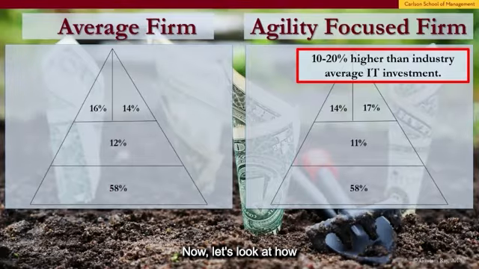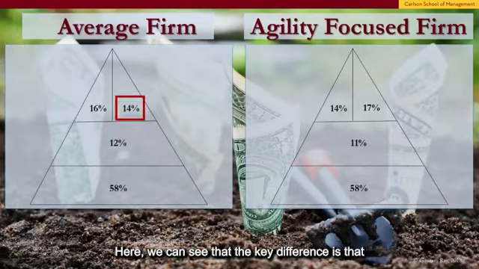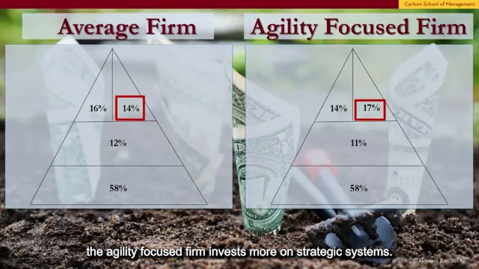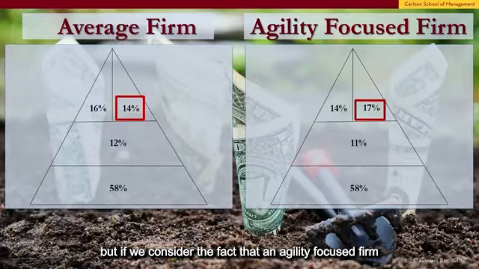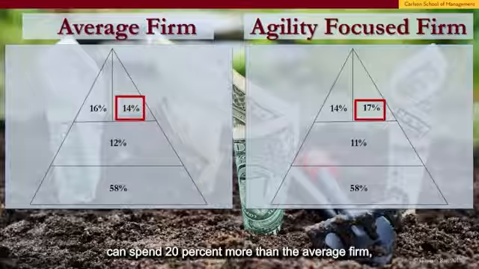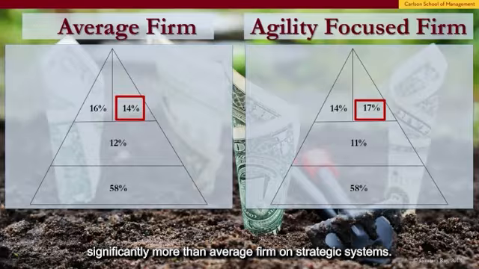Now let's look at how the individual elements of an agility focused firm differ from the average firm. Here we can see that the key difference is that the agility focused firm invests more on strategic systems. So here the difference looks small, but if we consider the fact that an agility focused firm can spend 20% more than the average firm, we can see that the agility focused firm spends significantly more than the average firm